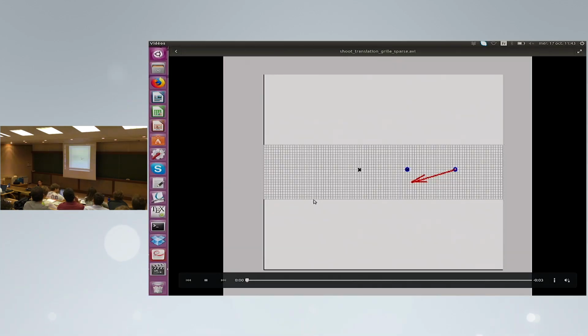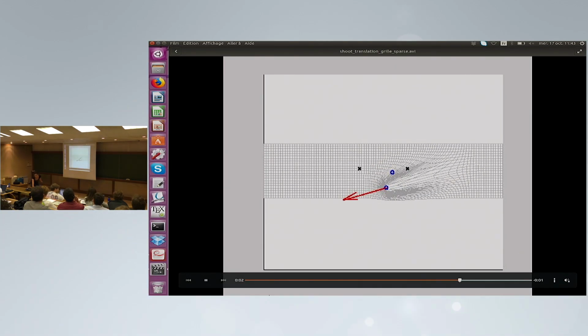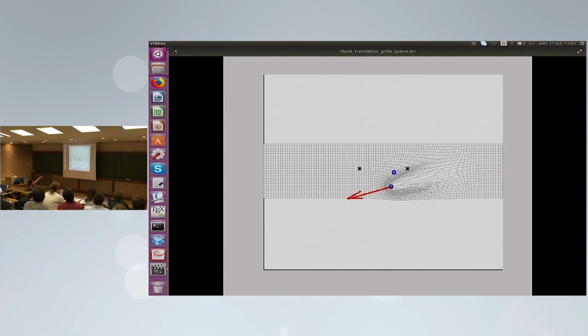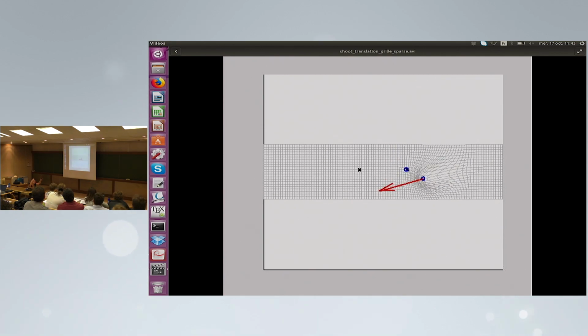So here what you have is the geodesics of this point, and then you see how it can transport the other one. Of course, here the geodesics of the set of 1 point is going to be still a straight line, so you will not be able to have a change of direction of the control variable.